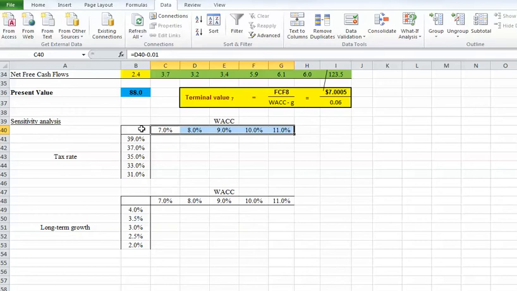Step one, prepare your calculation. In this case, I'm trying to see the present value in this scenario. What if the cost of capital is not 9% but 11%, or what if the tax rate is not 35% but something else? I would like to see the present value of all these future cash flows. So first of all, I need to